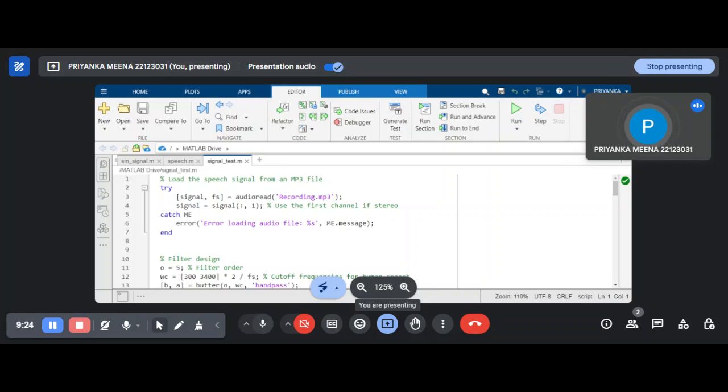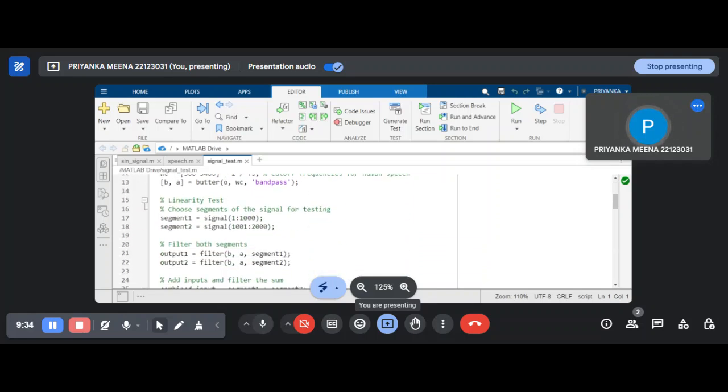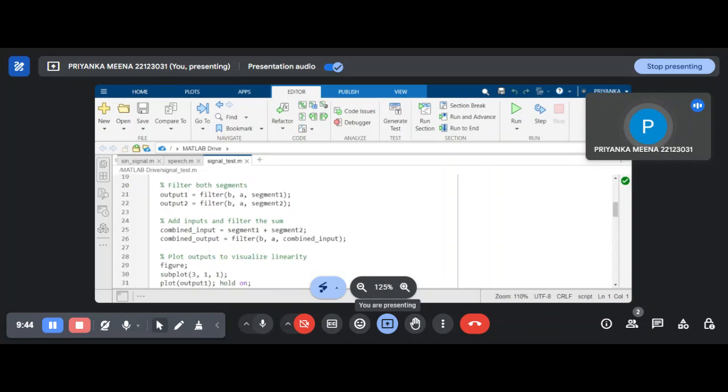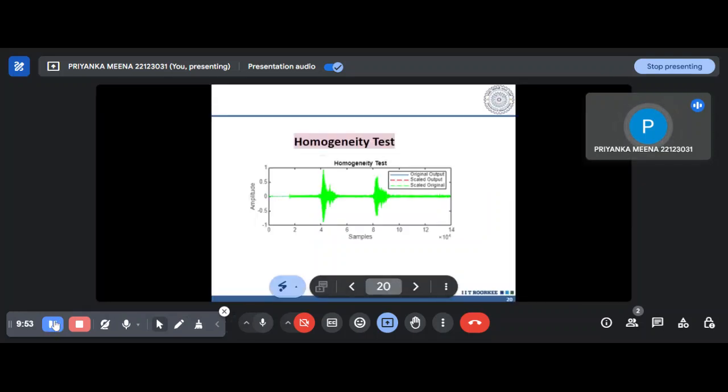Here we can see that first we load the speech signal from the audio file. Then we apply the filter. Then we do the linearity test, and how it is done: we choose the segments of the signal for testing. Then we apply the filter on both segments, like I have mentioned earlier. And then we generate the combined input and combined output, and then we verify. Moving ahead, we have